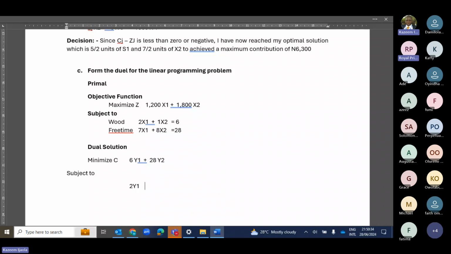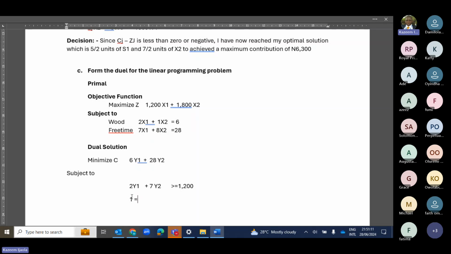So it will now be 2y1 plus 7y2. What you are doing is that whatever solution you have here, you are just transposing it. So 2 and 7 is what I have just done here. Since it is minimization, it will now be greater or equal to this 1002 here. Then to form the second one, you turn this one upside down. So it will now be 1y1 plus 8y2, greater or equal to